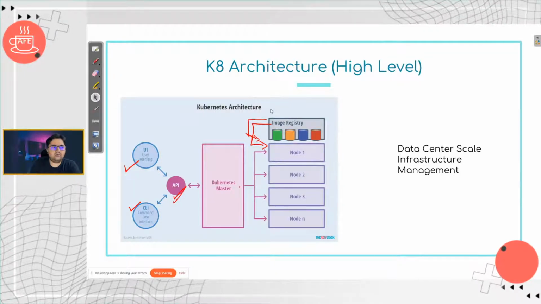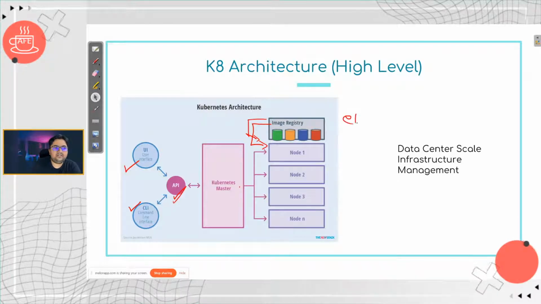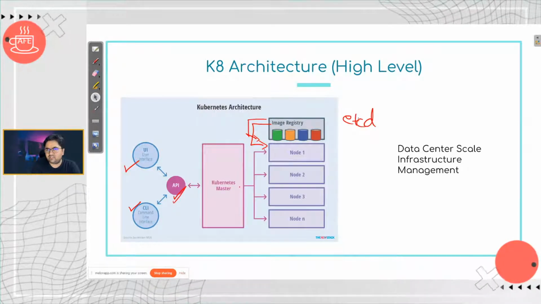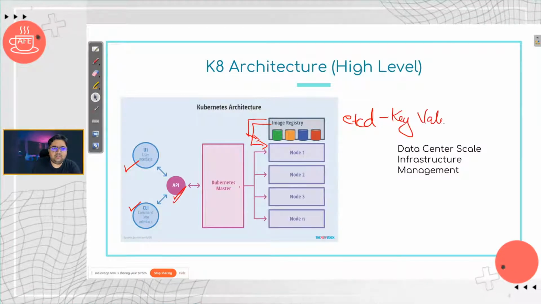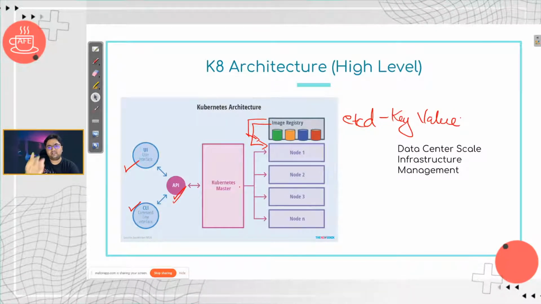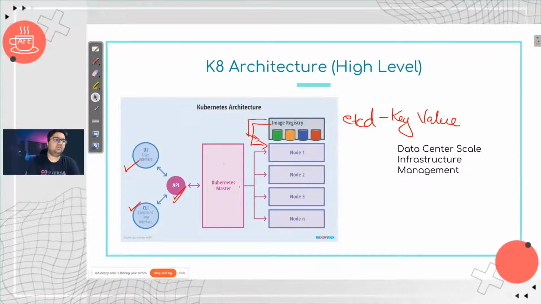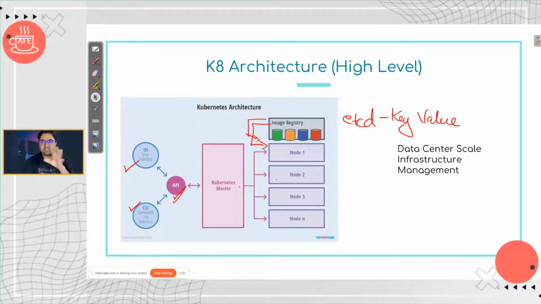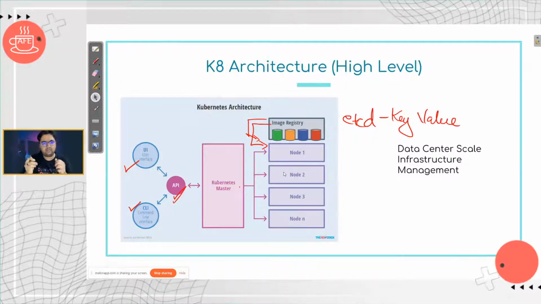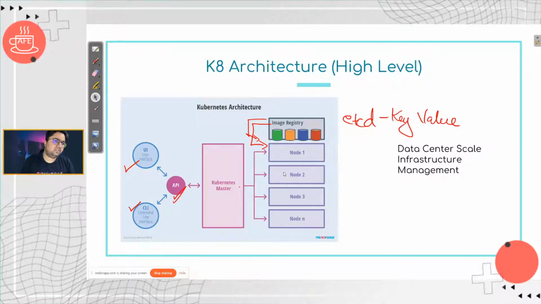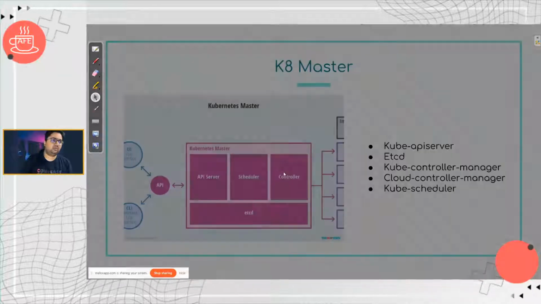There's a lot more components. For example, Kubernetes has a database called etcd, which is very popular. This is a key value store. This is what Kubernetes itself uses to manage and store information. Then you have a scheduling system where Kubernetes manages all the, it's like an engine room, right? Where it manages all of the things that it needs to work with different nodes.